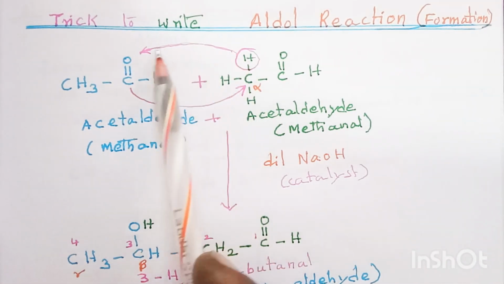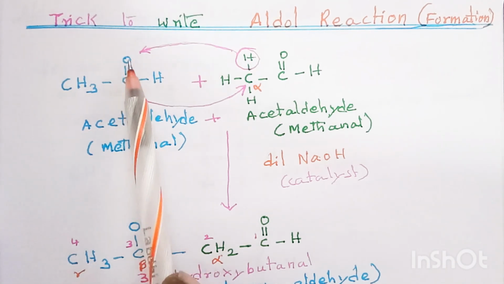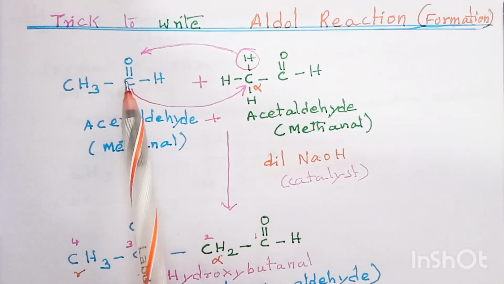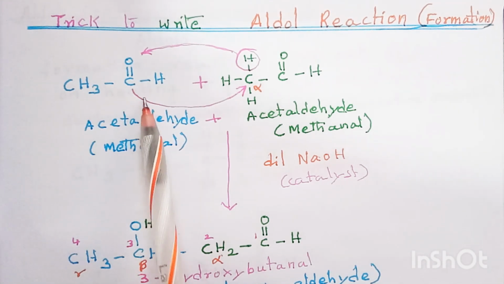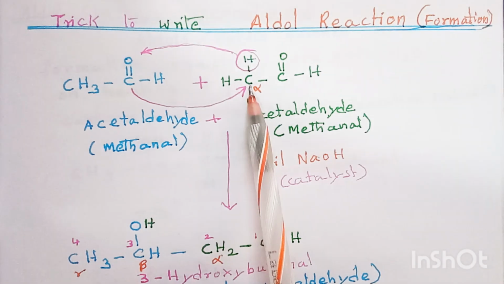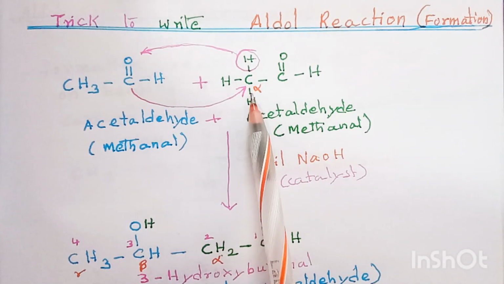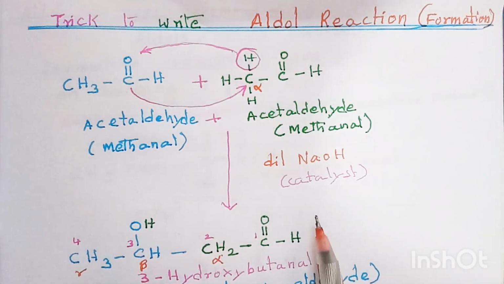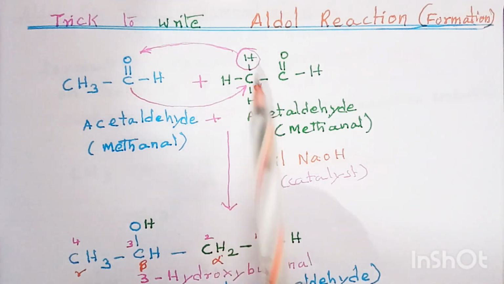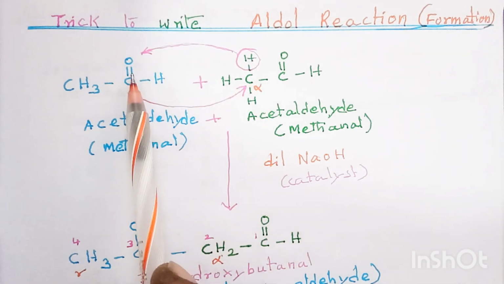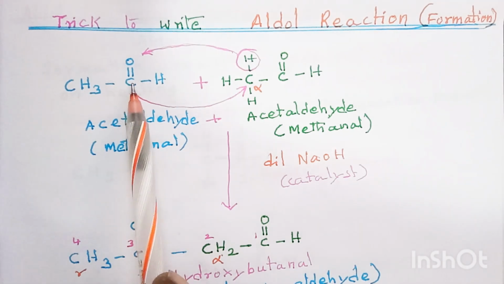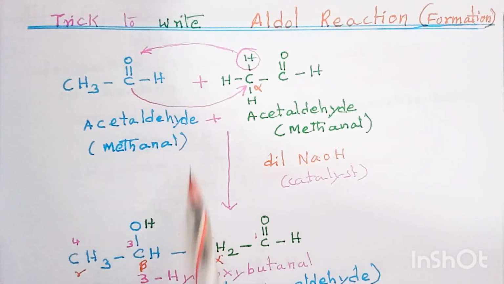Move one of the alpha hydrogens to the oxygen atom of the first acetaldehyde. Then combine this carbonyl carbon with the alpha carbon of the second molecule of acetaldehyde. This occurs in the presence of dilute sodium hydroxide acting as catalyst. So when we join the alpha hydrogen atom to the carbonyl carbon of the first acetaldehyde, which is represented in blue ink, we get